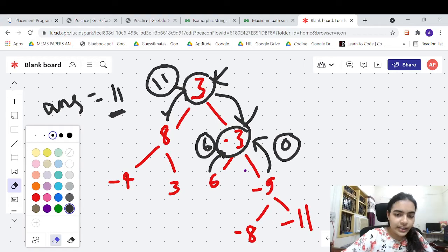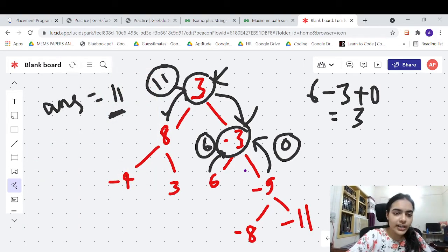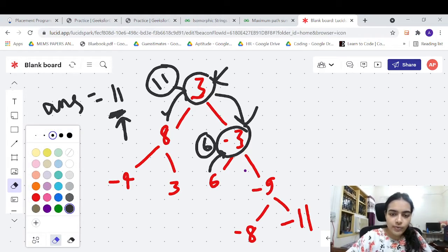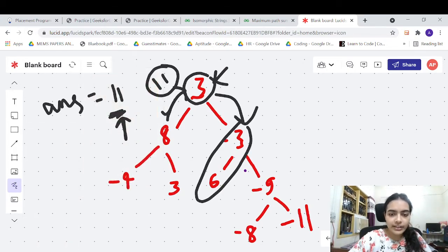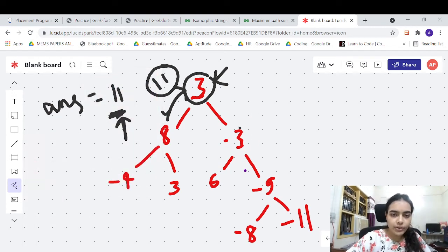So we will take 6 minus 3 plus 0. The possible sum, 6 minus 3 plus 0, is 3. 3 is not greater than the answer, which is 11. So we need not change the answer. We can return back 3, right? 6 minus 3 is 3. 3 is positive, so we can return back 3. We will return back 3 from here.